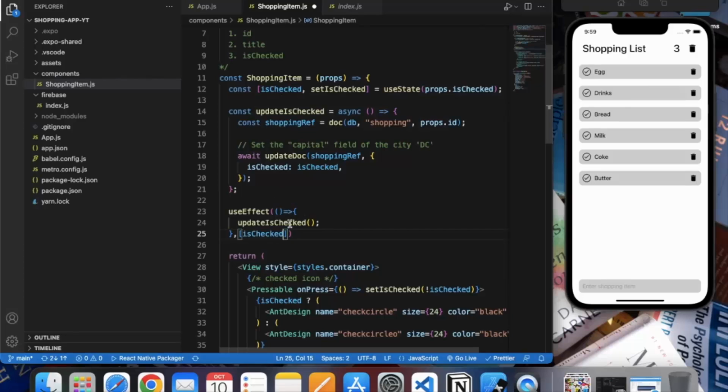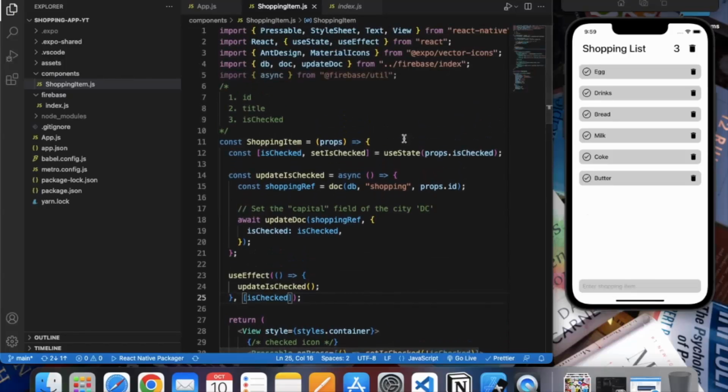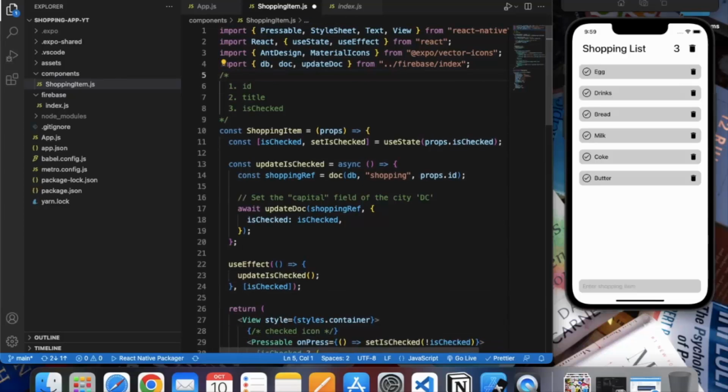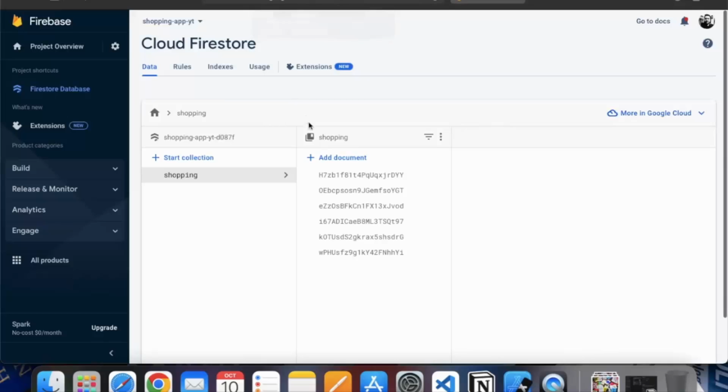So we pass the isCheck state as a dependency. Let me just save this, and let me just delete this, and if I click on egg, now go back to your database, Firestore,